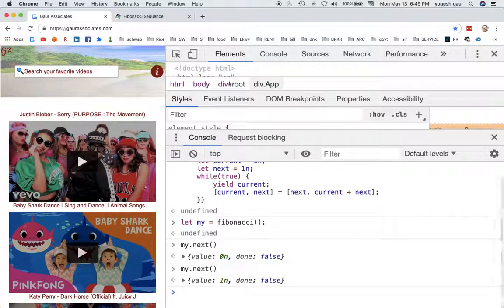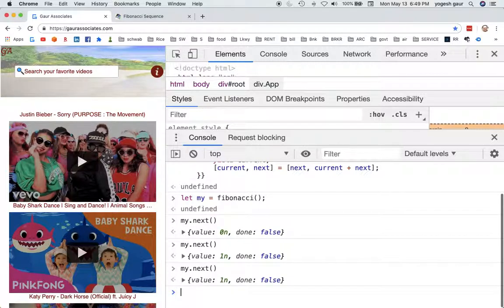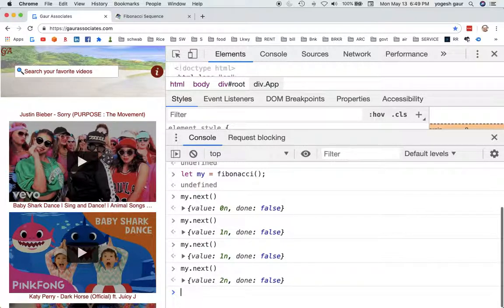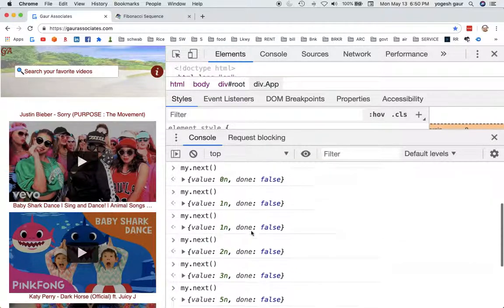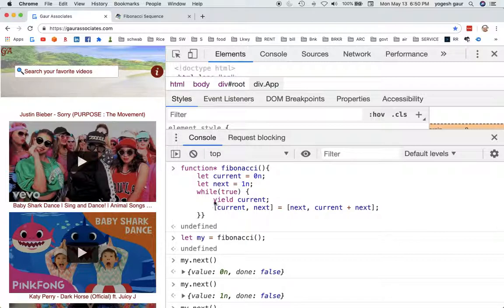So if I do next, you'll get the second value, which is 1, and then I get again 1. 0 plus 1 is 1, and then 1 plus 1 is 2, and it's never done. And then you can see 3, 5, 8, 13, and this is one use of a generator function, where it pauses at this point, returns this value, and next time you call next, it will give you the next value. So I'm going to add this on my website under Gore Associates,